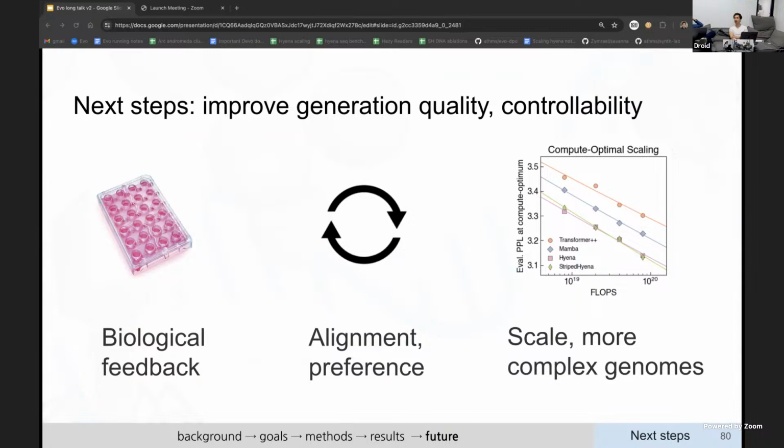We're definitely interested in scale and also applying the model to more complex organisms. So we focused on microbial life because they're simpler life forms essentially. But mammals and humans perhaps are far more complicated. And so seeing if they scale to similar performance as what we saw here is going to be an open question still.